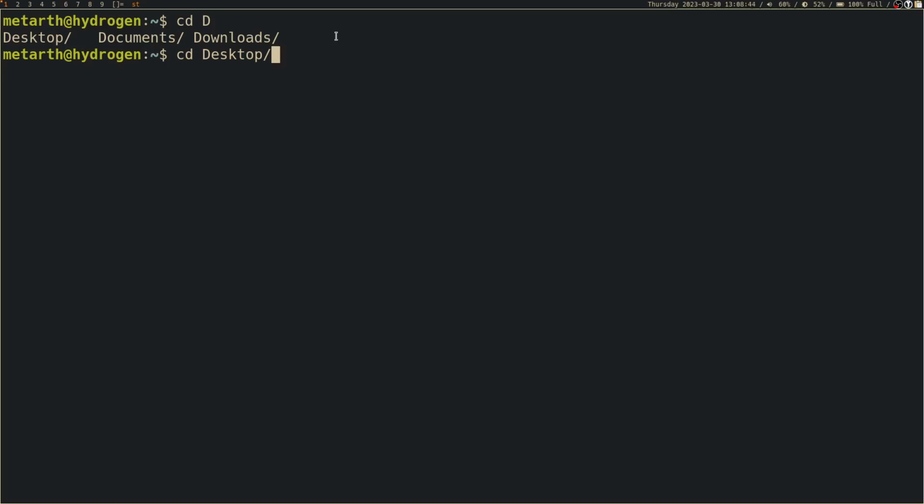I can scroll through them by pressing tab again and again, and it just loops. Unfortunately, I cannot scroll backward. I can only scroll forward. But if there is only a single match, because let's see, with a single D, there are 3 matches: desktop, documents,